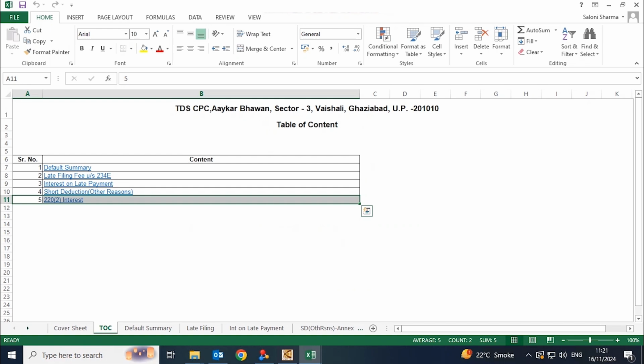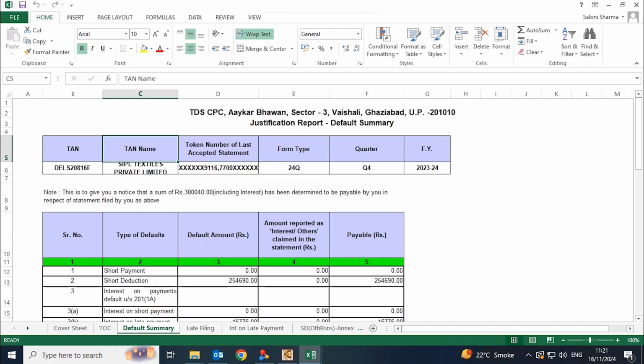So all these errors will be reflected in the justification report. Here you need to identify the errors, and after that you will be able to file the revised return. So this is the whole process of filing a revised return with the help of a justification report.